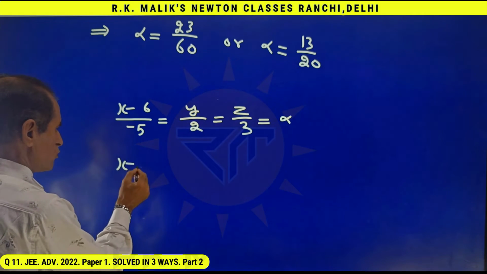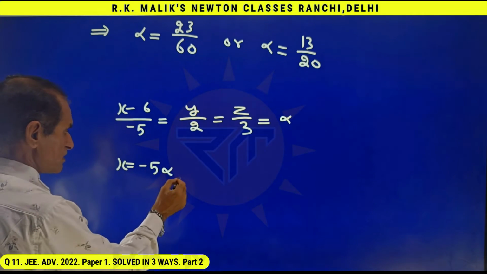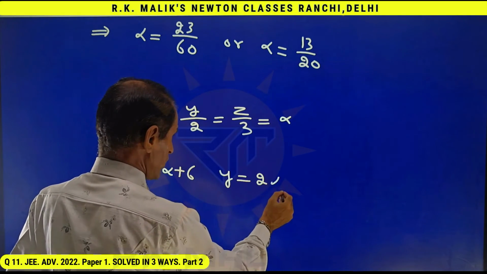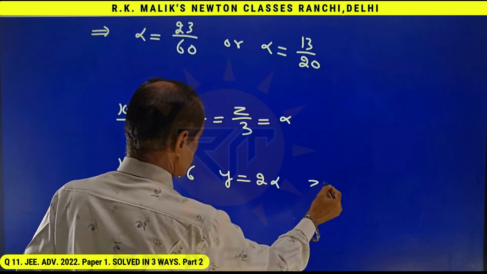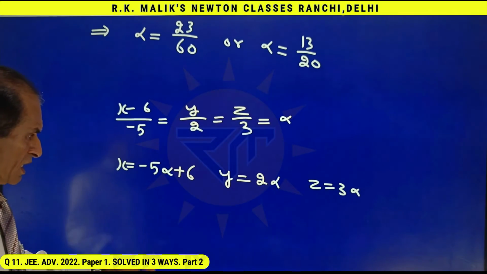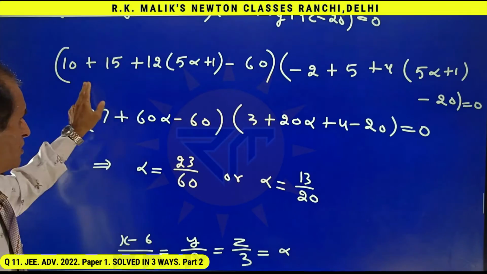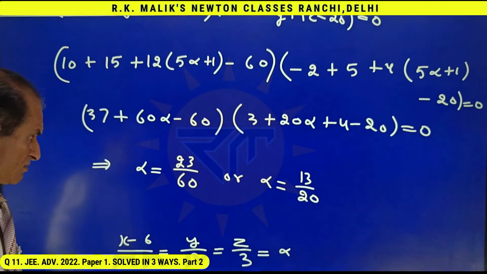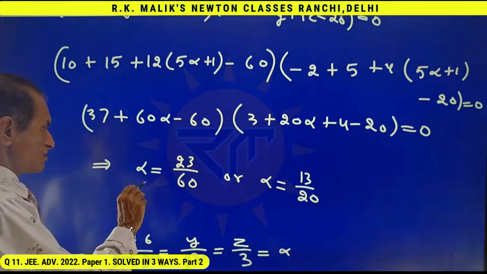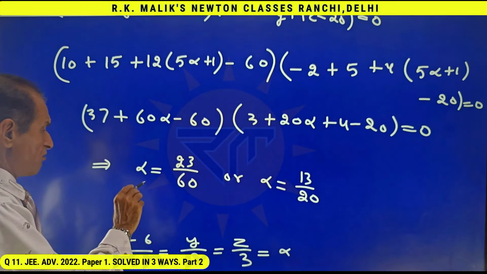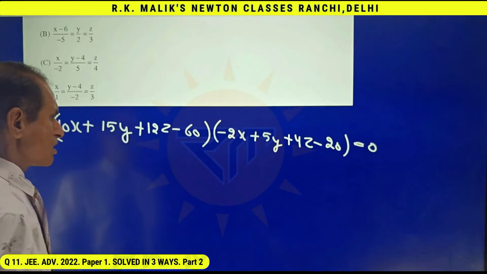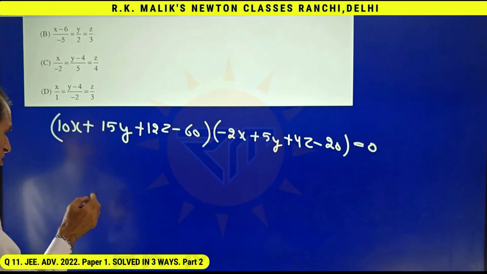I'll get x equal to minus 5 alpha plus 6, y equal to 2 alpha and z equal to 3 alpha. And now I'll put this point in this equation. Note that this alpha is different from this alpha. This case I have already taken. Now putting this value of x, y, z in this equation, I get